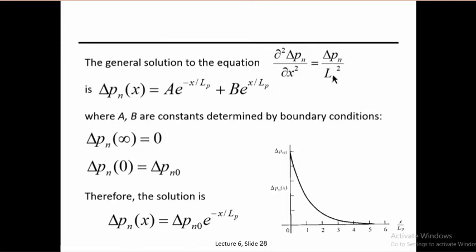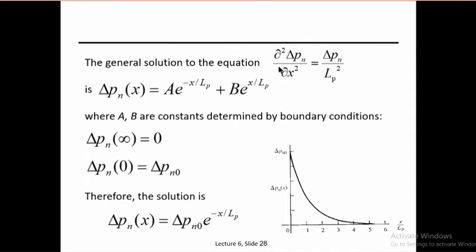Where LP, as you know, LP squared, comes from the Dn and the tau n from here. So Dn, Dp, tau p. Since LP is equal to the square root of these two, then LP squared will be equal to Dp tau p. And in general, if we take